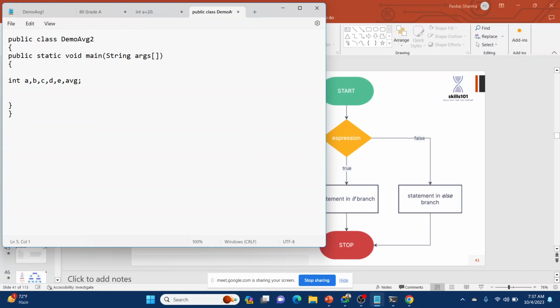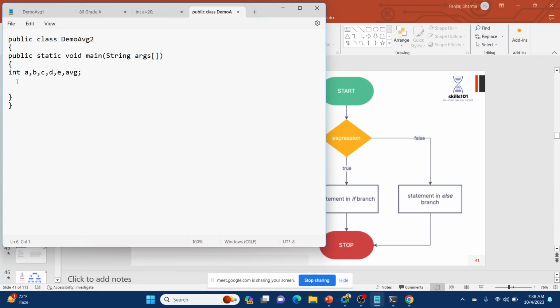We can take float, we can take double, no issues, but the result will also be float. If you want the result in decimal or float, then you can take it. It is not a big deal. You just change the variable type, right? So it will automatically convert.